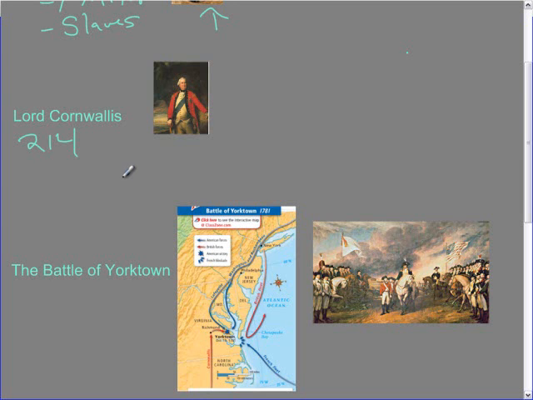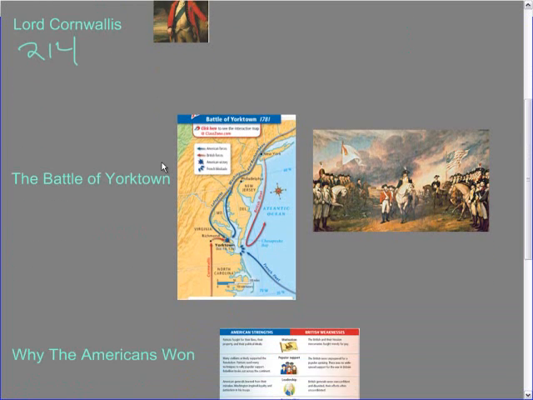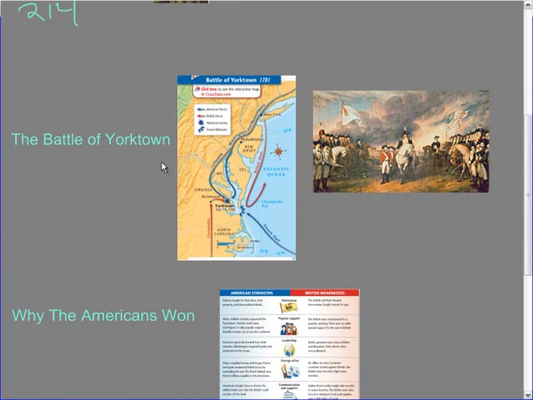There is not as much support as they once had hoped, and they have to retreat, and he retreats back to the coast in hopes that they would be able to gain more supplies from their fleets, from their navy coming in. But what he does is he sets up in the city of Yorktown, which is on page 216, this Battle of Yorktown. This proves to be his big fatal mistake, his big mess up,